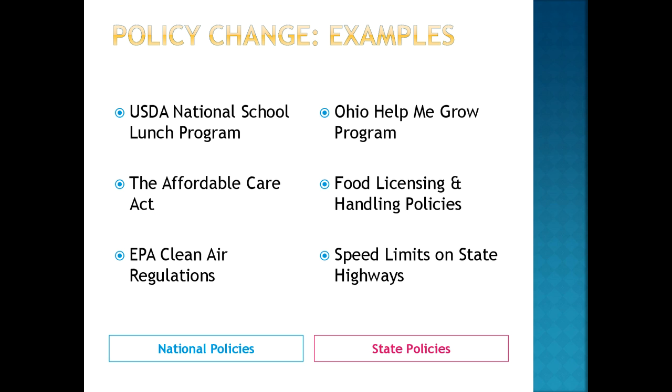State governments, like we talked about, can also enact policies and laws. And these will vary from state to state, but be consistent throughout each state. A good example is the Ohio Department of Health sets rules for food licensing and food handling. And those are the same no matter where you are in the state of Ohio, but they can be different if you go into Kentucky or go into Indiana or go to another state. So that's something that is set by the state that they enforce,